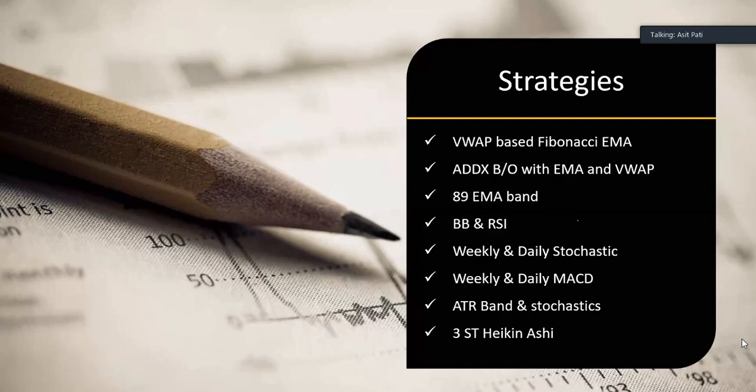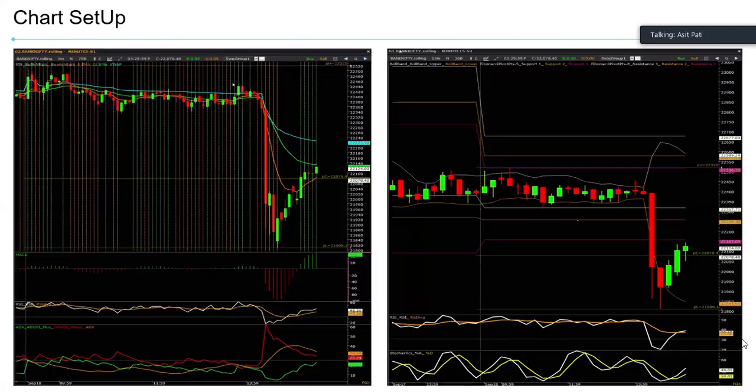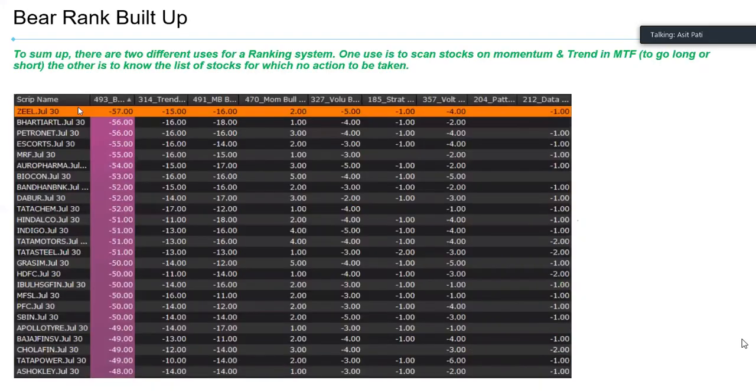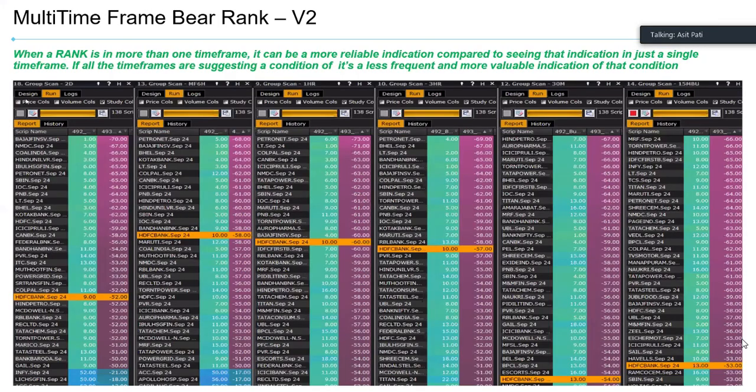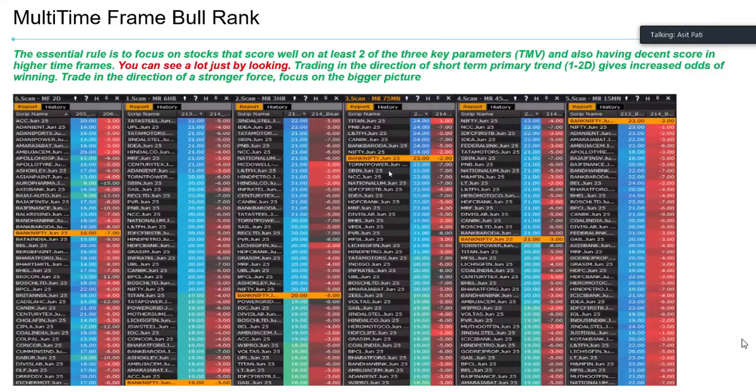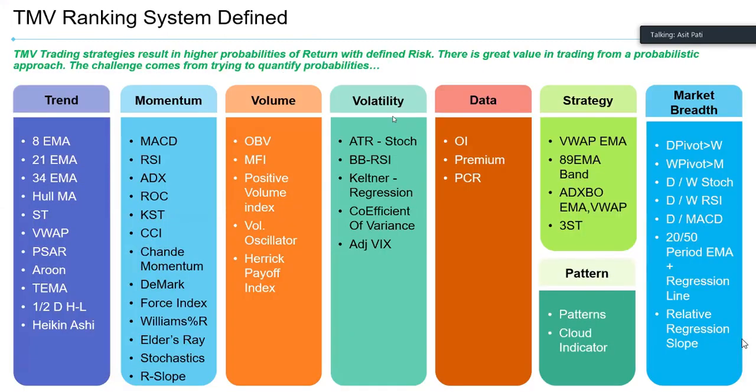The beauty of the ranking is that all of these are embedded. If you see this volatility, it is about when the price has gone up too much and is about to retrace back. Strategy is something we discussed. So these are the things that we try to